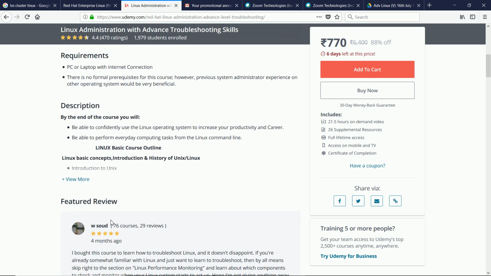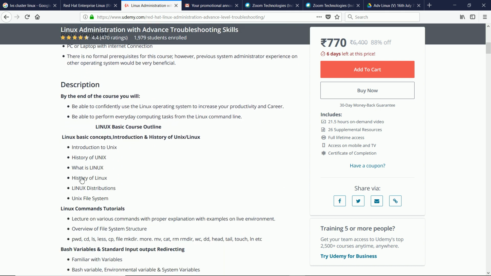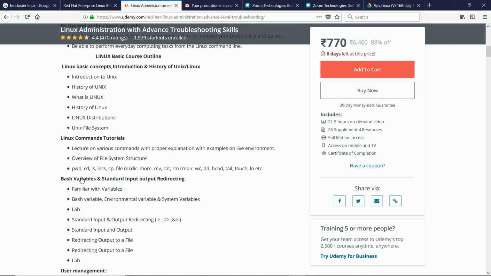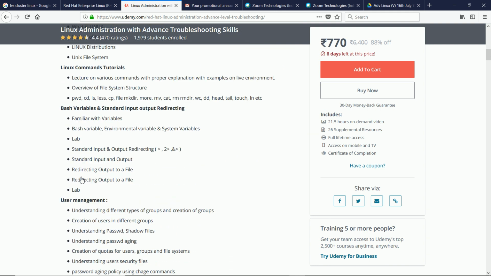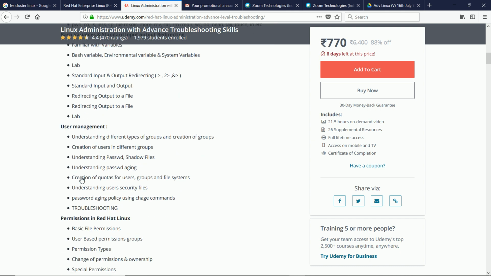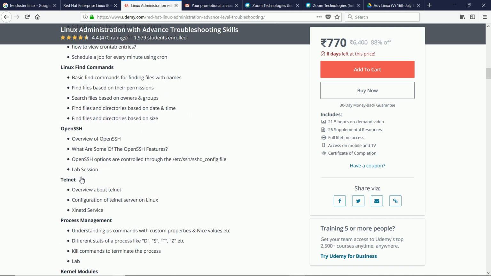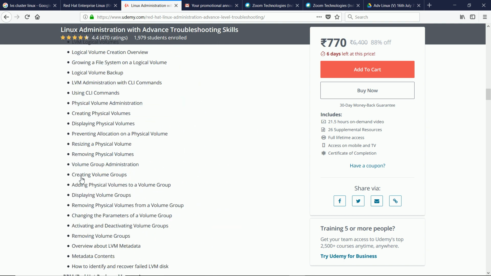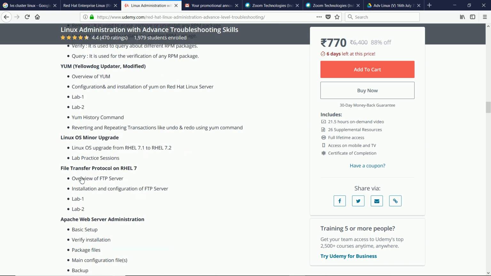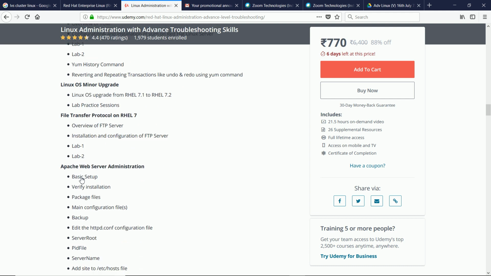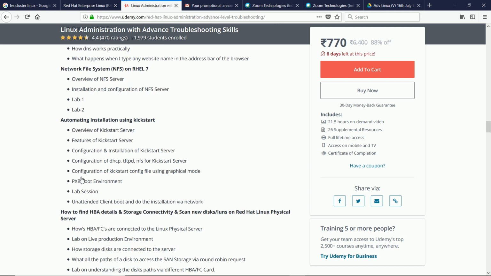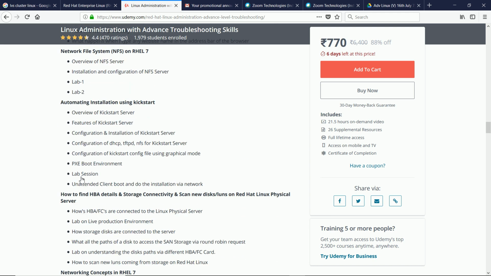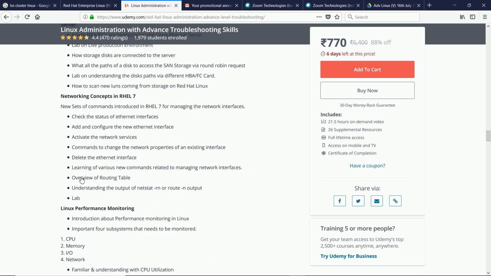In the description you can see the course contents I have covered in that. It started with very basic Linux history and introduction, Linux commands and bash variables, user administration, permissions, cron tab, find command, OpenSSH, telnet, process management, kernel modules, disk partitioning, LVM, that's an important topic, RPM, YUM, Linux OS minor upgrade, how you can upgrade your OS from 7.1 to 7.2, FTP, Apache Web Server Administration, DNS, NFS, automating environment using Kickstart, HBA, networking concepts